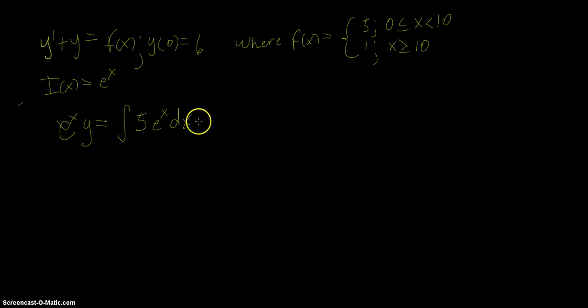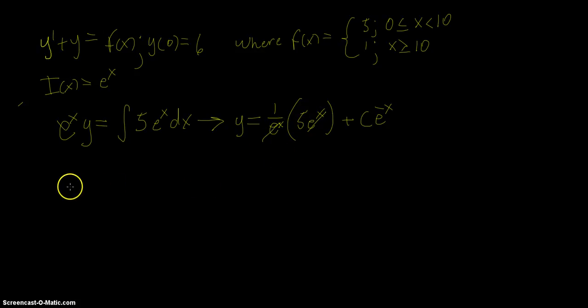So we get y equals 1 over e to the x times the integral of 5e to the x, which is 5e to the x, plus c times e to the negative x. We divided by e to the x everywhere, so these two cancel out,